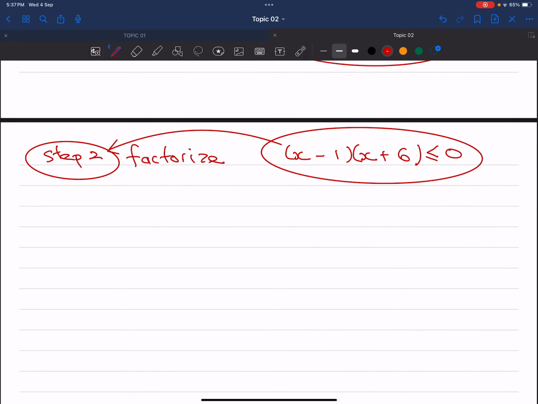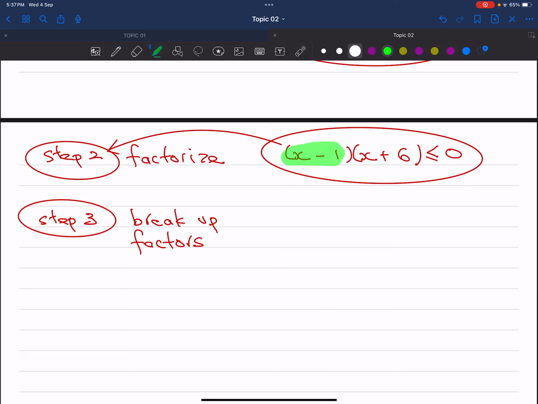Now, step 3. Step 3 is that you have to break up the factors. The factors are x minus 1 and x plus 6. We are going to break this up, which is x minus 1, x plus 6. Now, one thing to remind you, when we are breaking up,